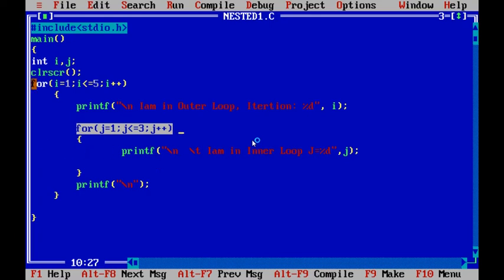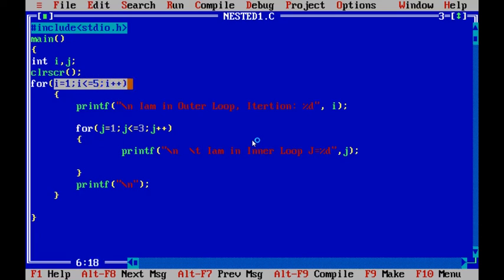Coming to the outer for loop, i value is 1, i less than or equal to 5, i plus plus, i incremented by 1. That's why this for loop is executing 5 times. Outer for loop is executing 5 times, inner for loop is executing 3 times. For understanding purposes, we are using this program, we are analyzing this program.